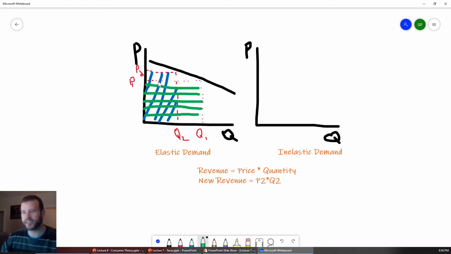And I guess it's not technically clear, because I don't really draw to scale generally, but just taking a look at it, it looks very much like this area here that was in the old revenue but not in the new one is greater than this area here that's in the new revenue but not in the old one. Okay.